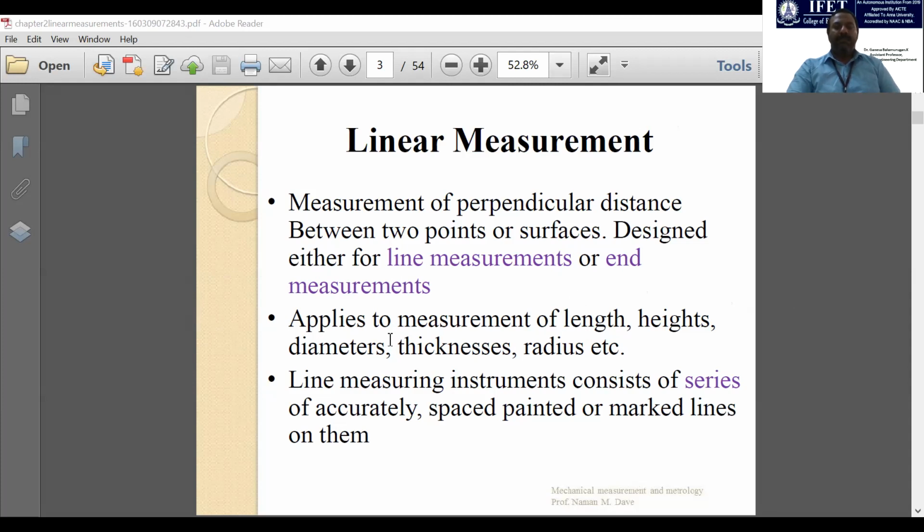Linear measurements are not only confined to the length or distances, they also include the heights of the objects and diameter of the circular objects, thickness, and the radius. These things are also included in the linear measurements because there is no angularity present in them. All these are geometrical dimensions. So geometrical dimensions other than angular measurements are mostly grouped as linear measurements. Okay,